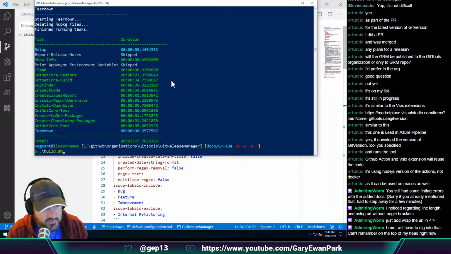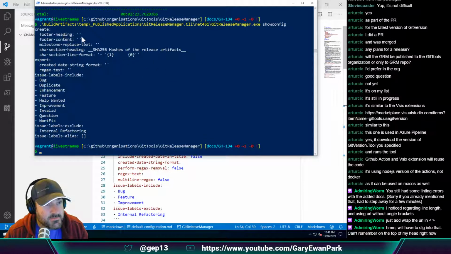But if we go into build artifacts and look in temp, published applications, GitReleaseManager, .NET, and the GitReleaseManager.exe, the first thing I wanted to check was this. So it has all of the things in there, but